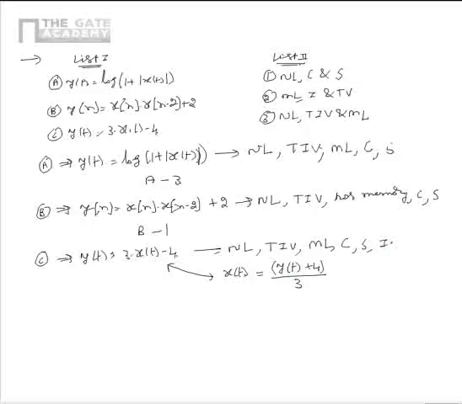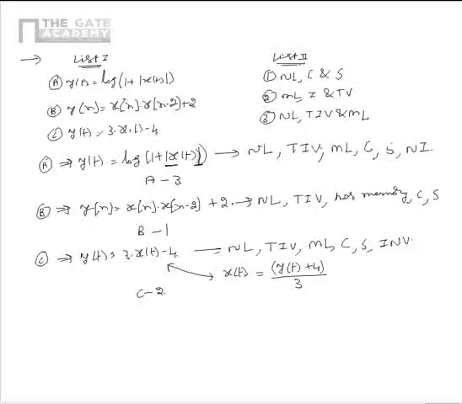From this we see that the system is invertible. Also please note that the system in option A is non-invertible because of the absolute value, the mod operation present. So from this we see that C can be mapped to 2,